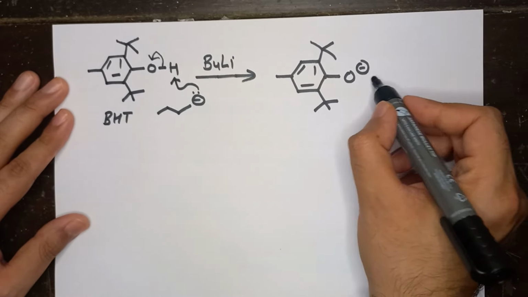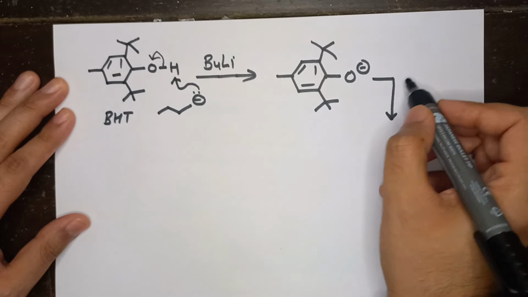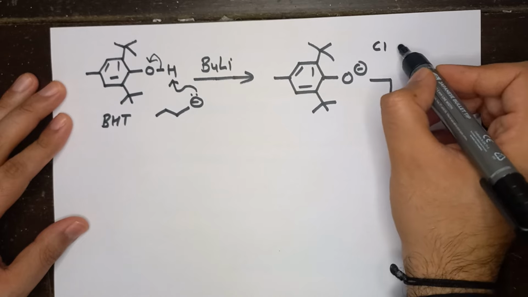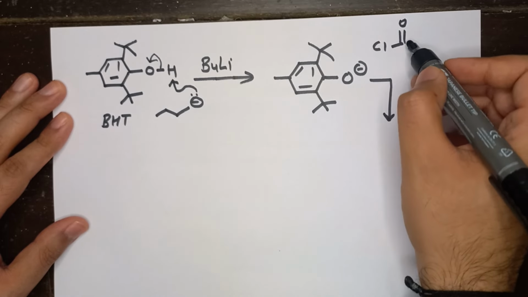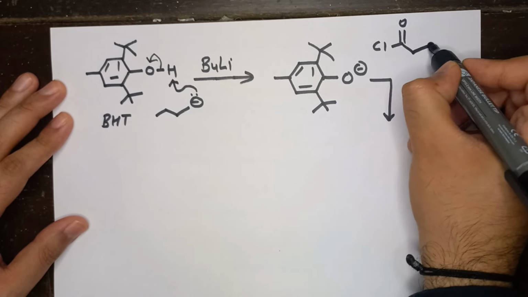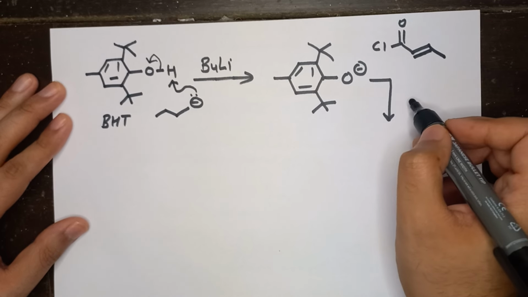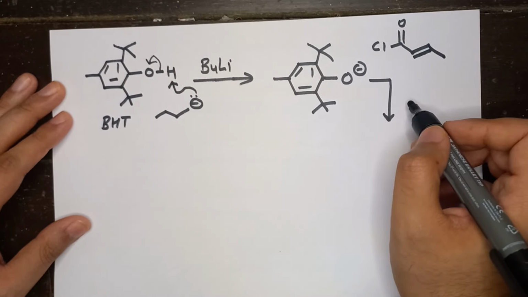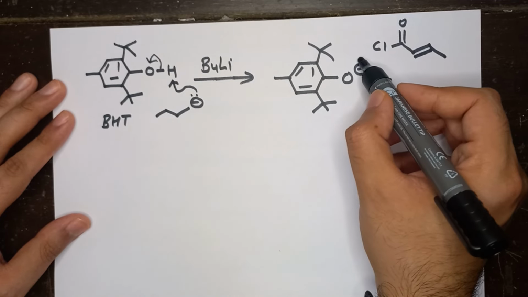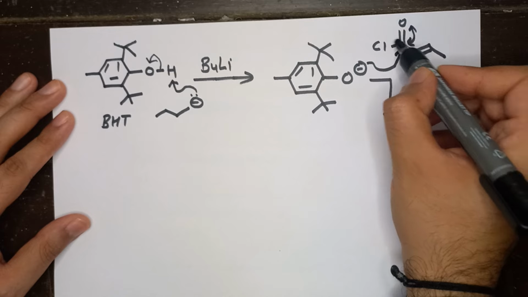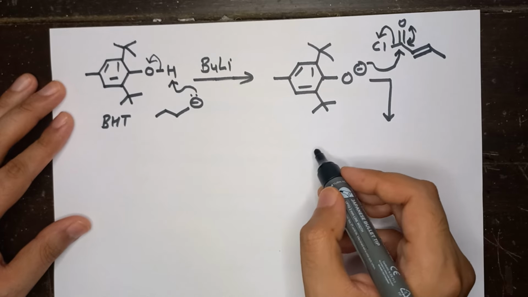If I react this molecule with Cl, C double bond O, this particular alpha beta unsaturated acyl halide, we know that O minus will attack at this carbonyl through conjugation. Cl is going to leave and you will generate